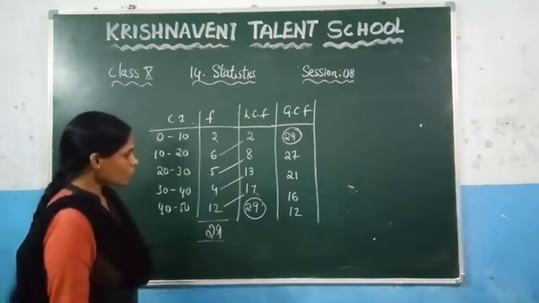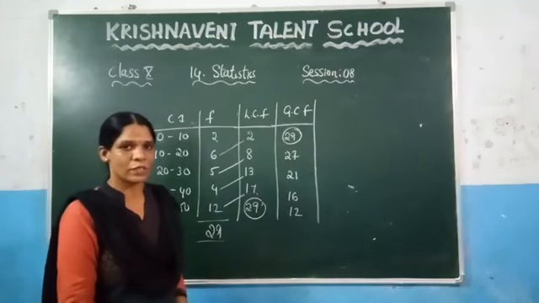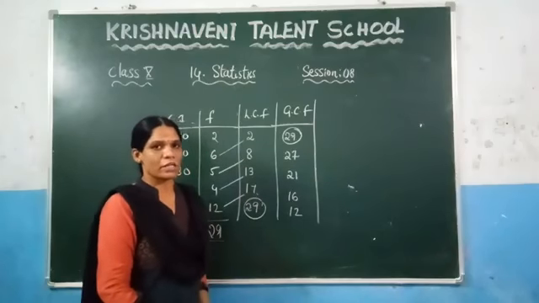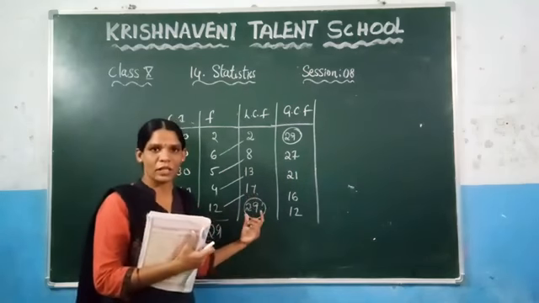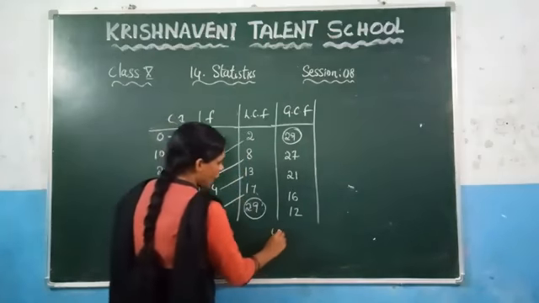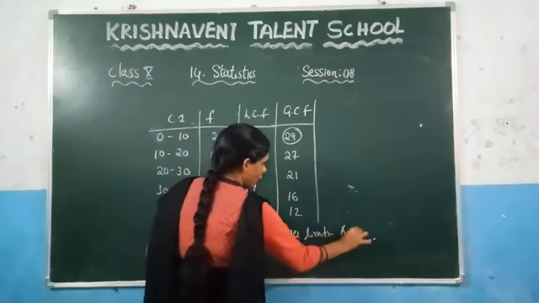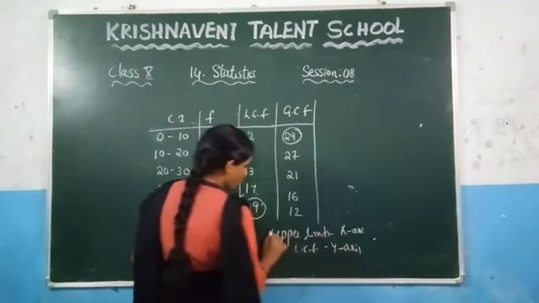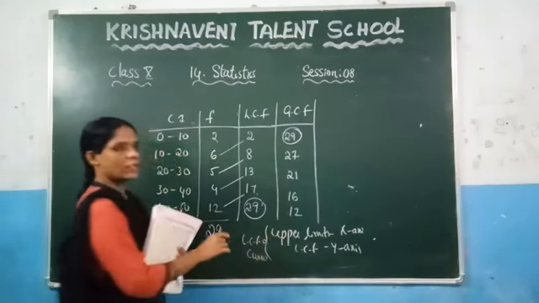So here you need to know now the less cumulative frequency curve and the greater cumulative frequency curve. If you have given a graph, how do you represent these curves on a graph? For that reason, you want to know what is the value of the x-axis and what is the value of the y-axis. To represent the less cumulative frequency curve, you need to take upper limits on the x-axis and less cumulative frequency values on the y-axis. For the less cumulative frequency curve, you need to take like this.